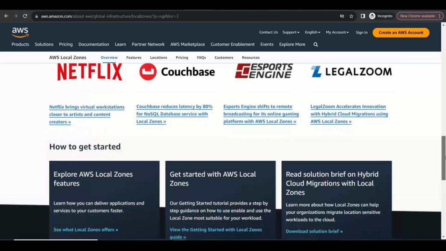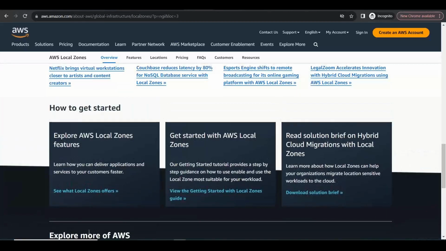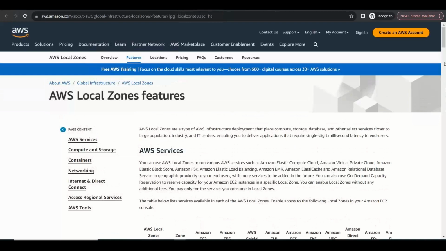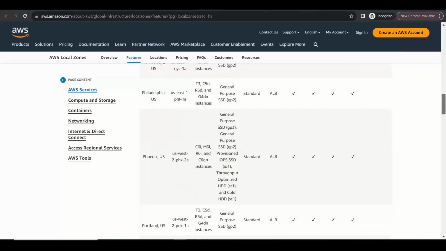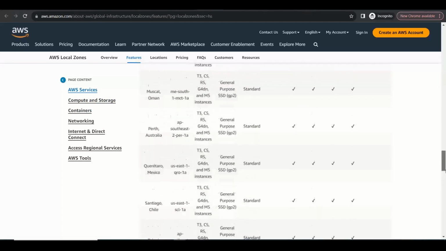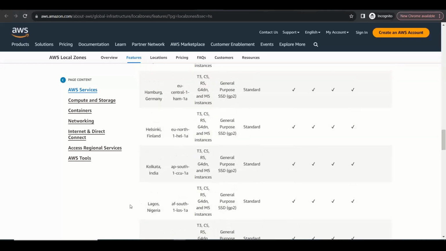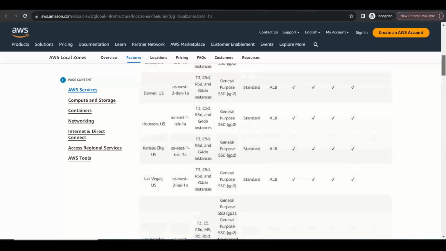Okay, so see what local zones offer. These are the different locations that we have in India. If you look at, okay, these are all upcoming ones. Kolkata has got one. Okay, see in Kolkata, which are the services they are offering? They are offering these services on the top: